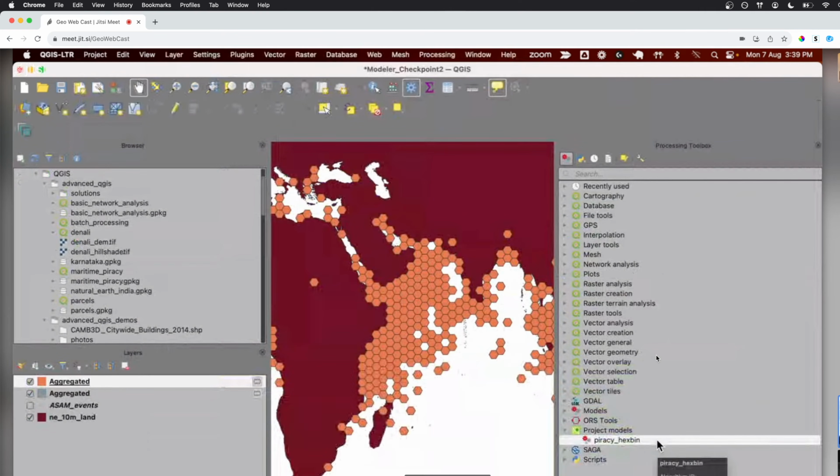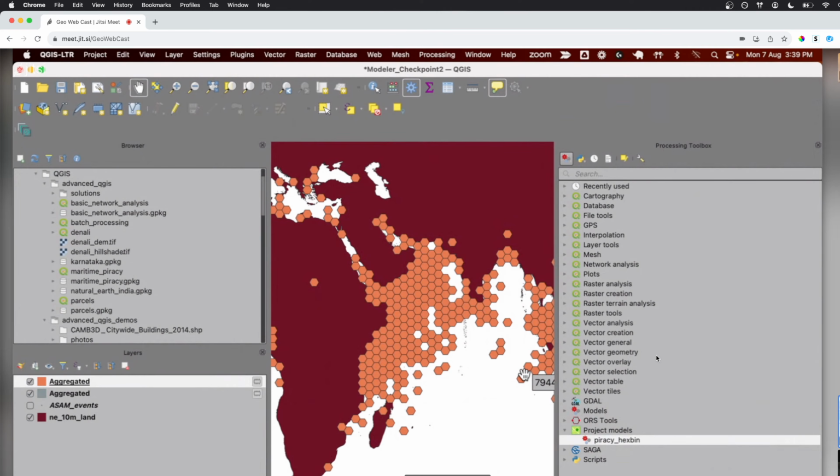So essentially, a model or a flow is like another name for your own toolbox. All the tools that we see in a toolbox are, one way or another, also models. So what we are doing is creating our own functions based on the existing functions and the data that we want.